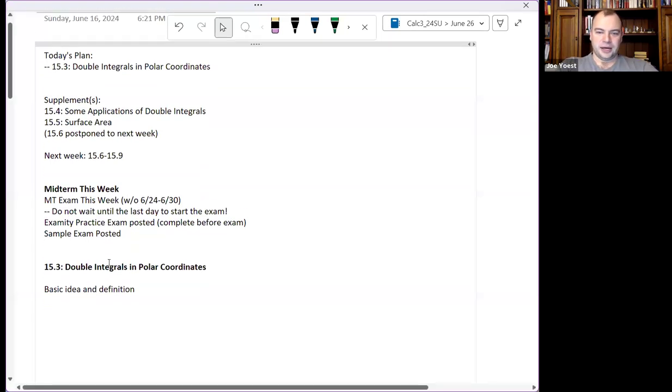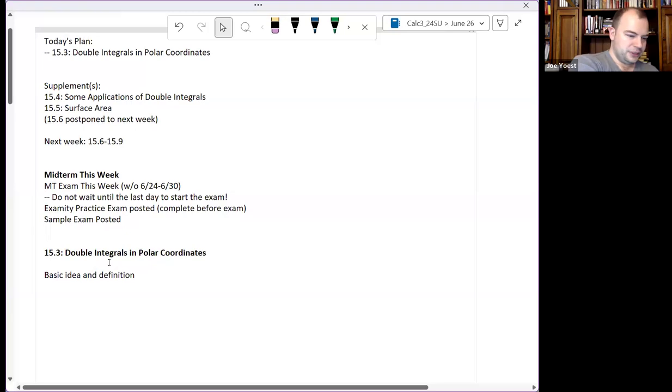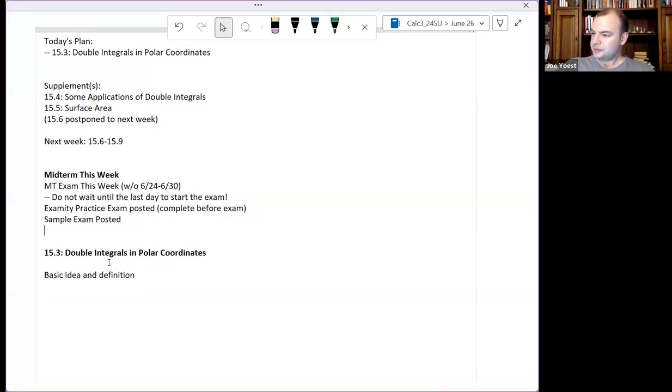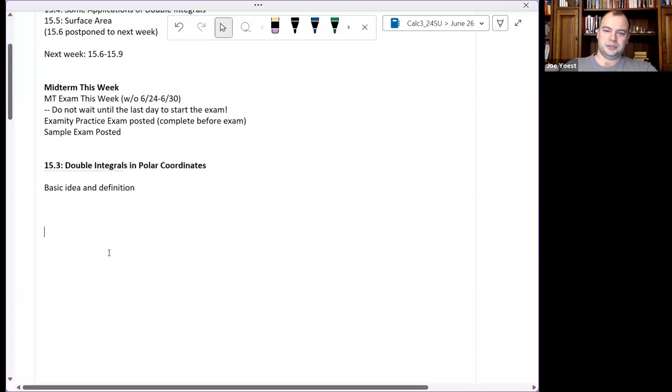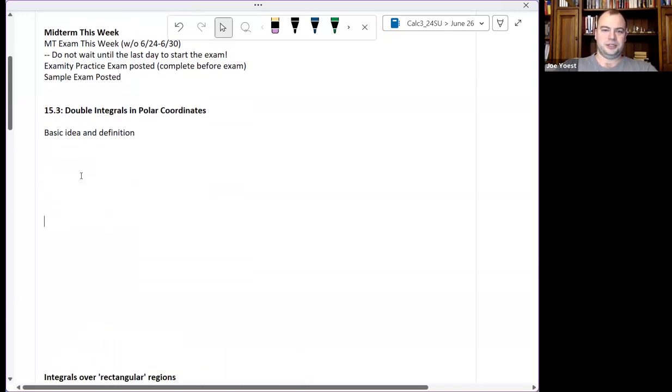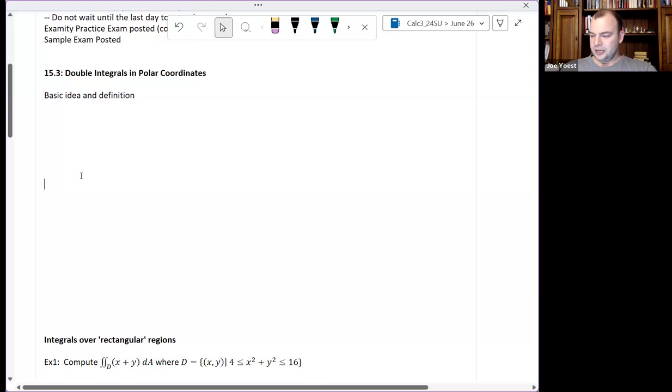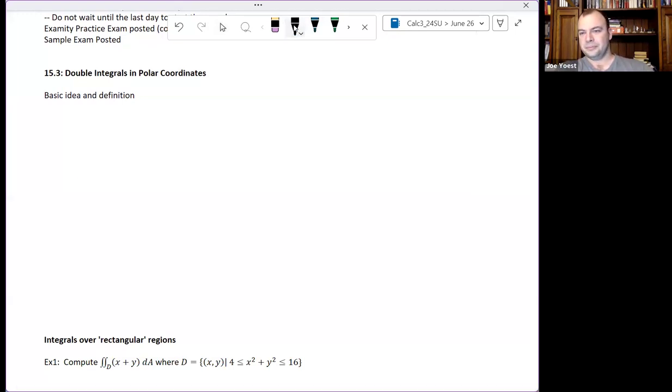Okay, so then let's jump into the material. All right, so moving on to double integrals in polar coordinates, and we'll start with just an introduction to the basic idea and essentially the definition of what we're working with here. So just recall, in rectangular coordinates,